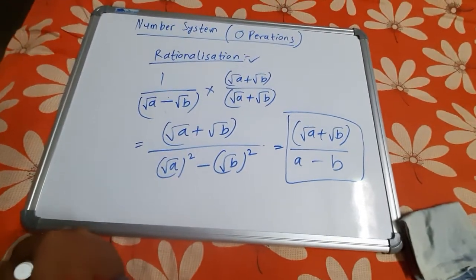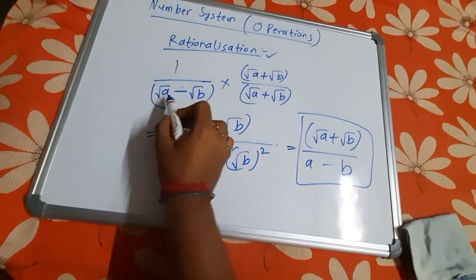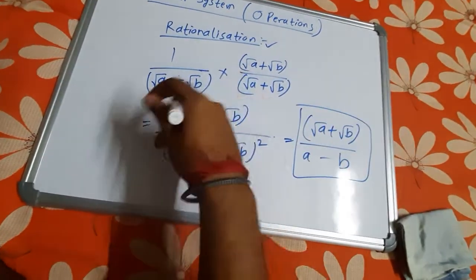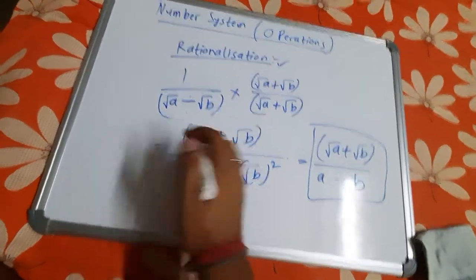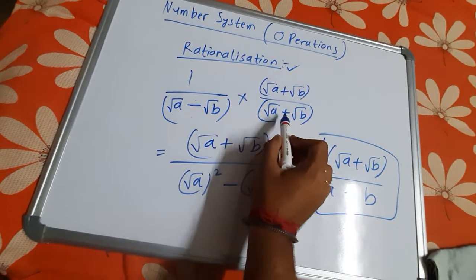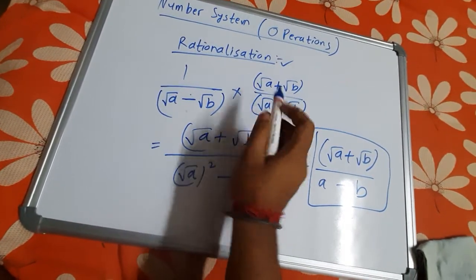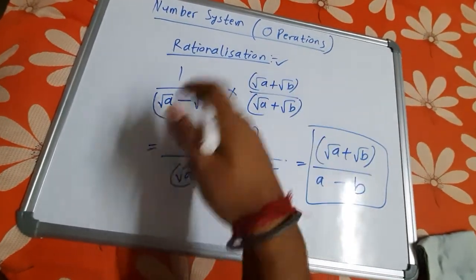This will be done in the case of real numbers, actual numbers, like root 2 plus root 3, root 2 minus root 3, like that. So did you understand the meaning of conjugate? The conjugate just means that the sign will be reversed. See, these signs are reversed. This is minus, this is plus. This is the meaning of conjugate, and this whole concept is rationalization.